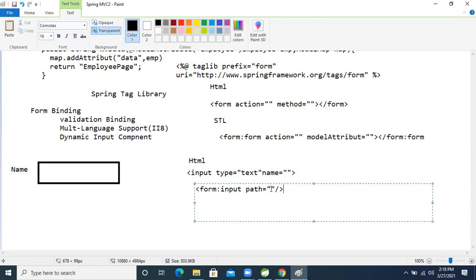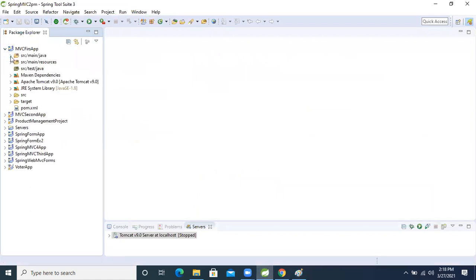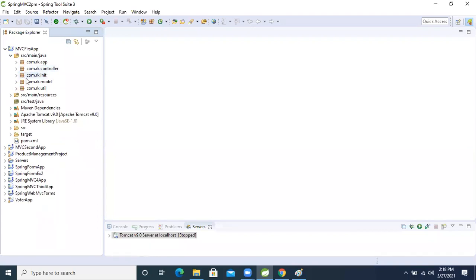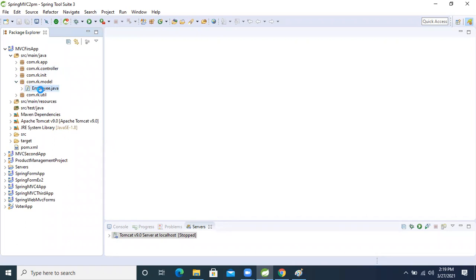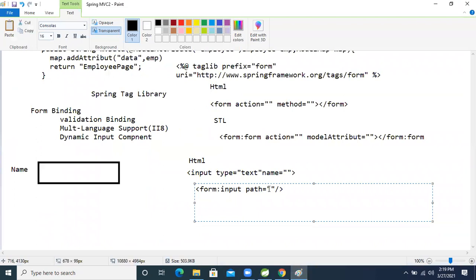In the application, the model attribute is the model data we are creating, and this attribute name we pass here in the path, okay? I will create one fresh project and implement those things in it. That's it. Using Spring form tag library we write like this.